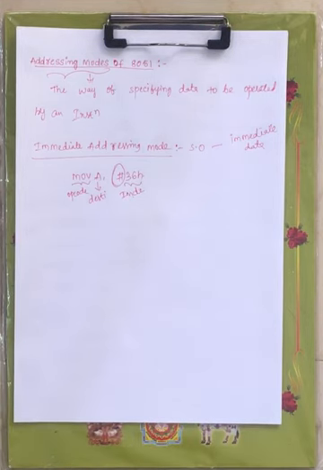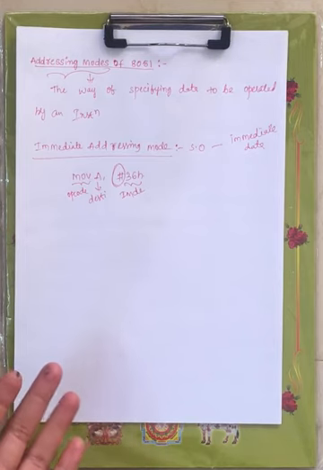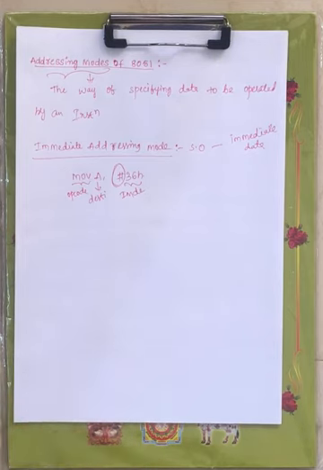Now what is meant by immediate addressing mode? The immediate data is specified directly within the instruction as your source operand. The addressing mode in which the source operand is immediate data, we call it immediate addressing mode, same as your 8085 microprocessor. There we have immediate addressing mode, and here also we have immediate addressing mode, in which the source operand is immediate data specified within the instruction. This is the first addressing mode of 8051.